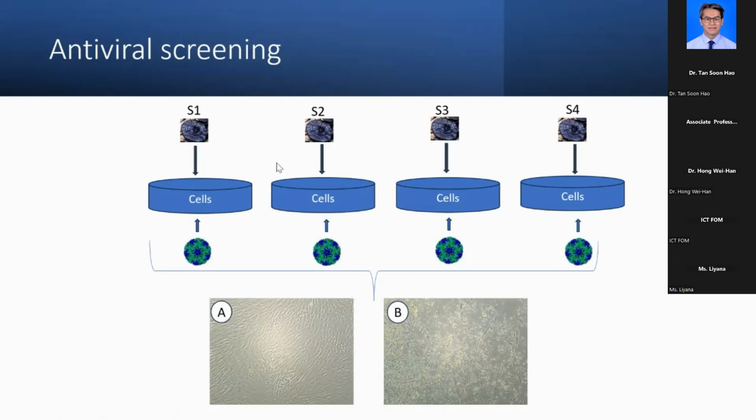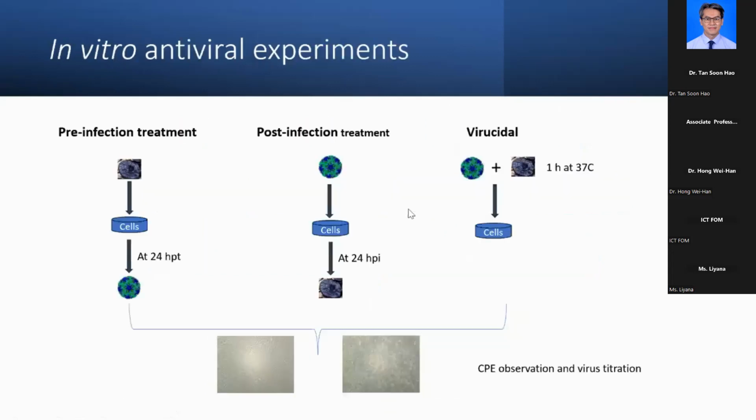It can have an effect on or block the receptor before the virus could attach to it. The results have shown that S2 shows the highest antiviral activity. That's why the subsequent work is mainly focused on S2. To know its basic mechanism, 3 antiviral experiments were performed: first pre-infection treatment, followed by post-infection treatment and virucidal.